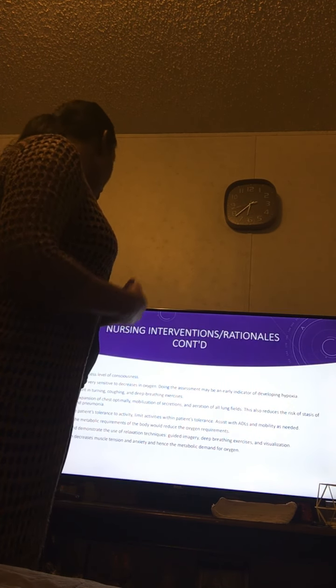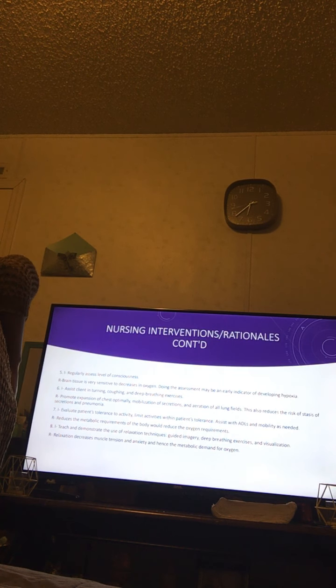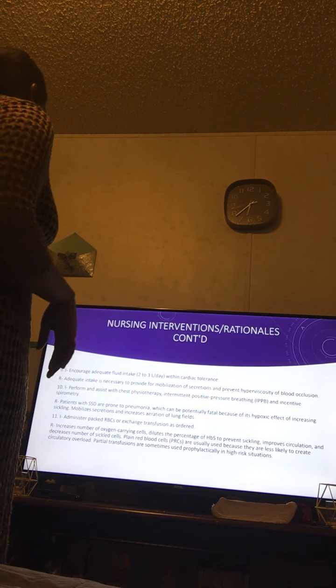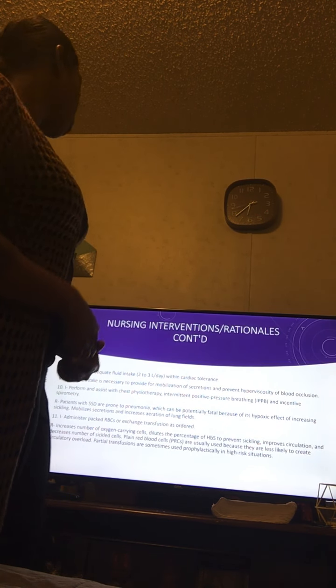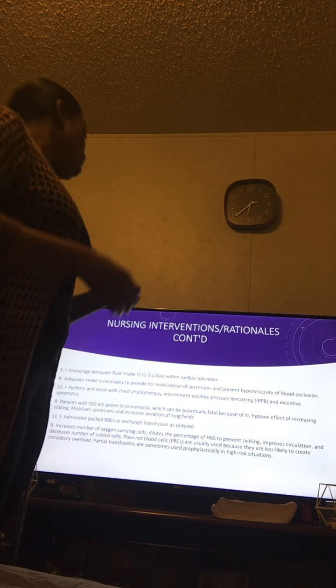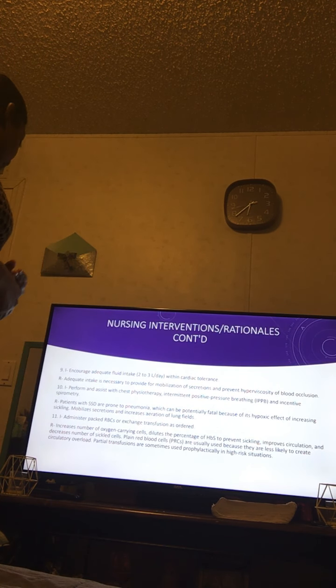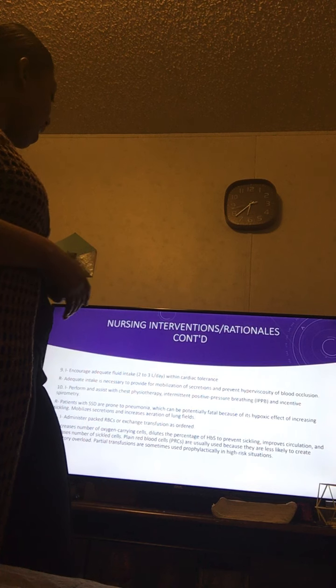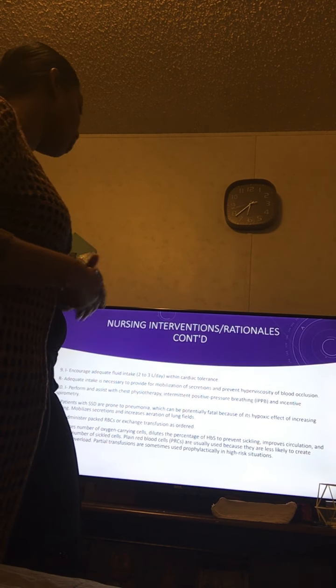Relaxation decreases muscle tension and anxiety, and hence the metabolic demand for oxygen. Encourage adequate fluid intake, 2 to 3 liters a day within cardiac tolerance. Adequate intake is necessary to provide for mobilization of secretions that prevent